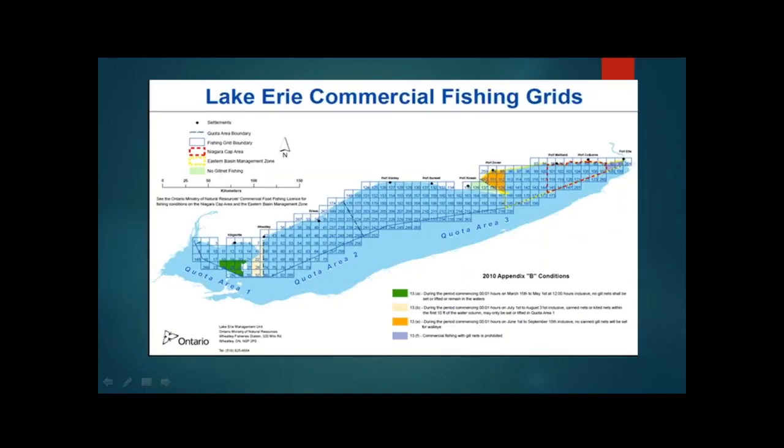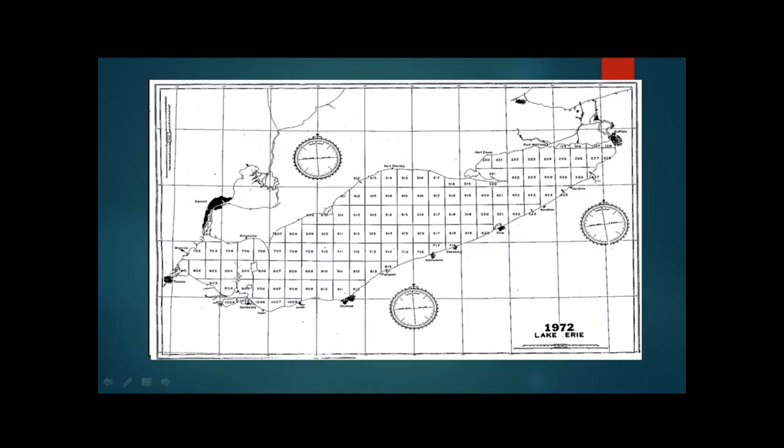So this first map is the grid that Canada uses for its commercial fisheries, and each grid is about 8 by 8 kilometers. This is the grid the United States uses for commercial fishery. It's a 10-minute by 10-minute grid. This is also the map that Michigan uses for their recreational fisheries. So these first 2 maps are commercial. All of the other maps that I'm going to show you are recreational. So you'll see how much fun I had working with this.